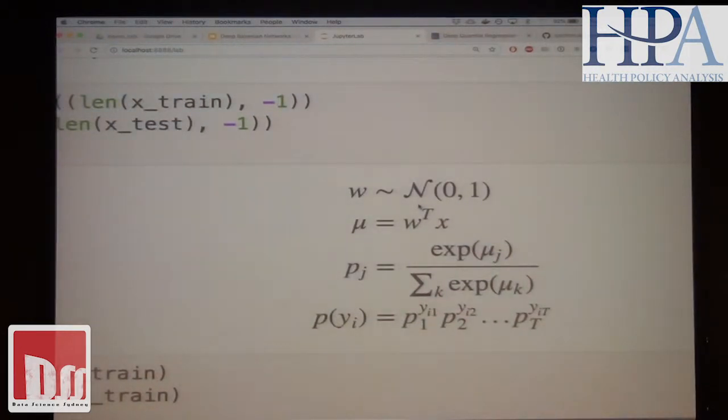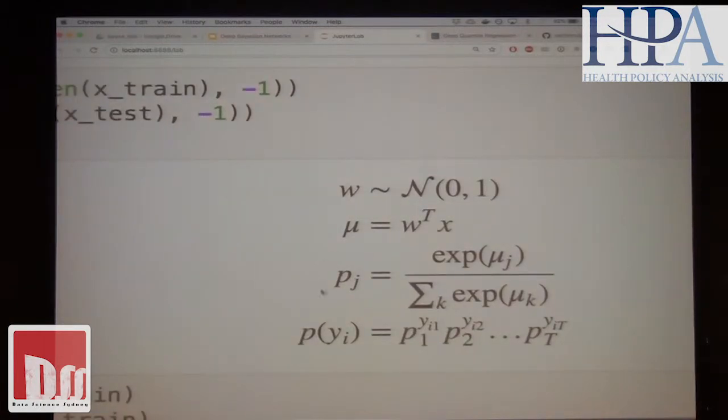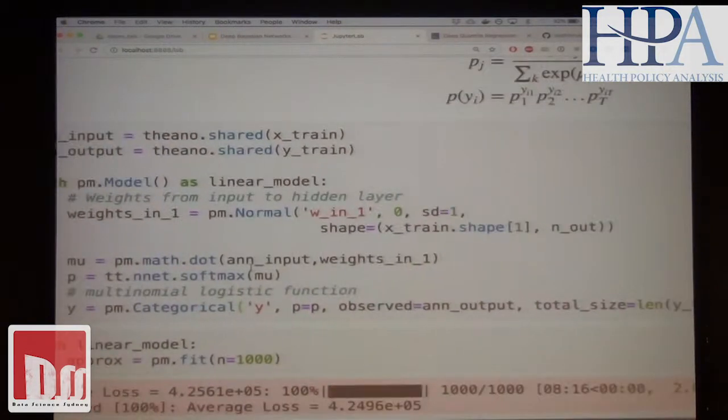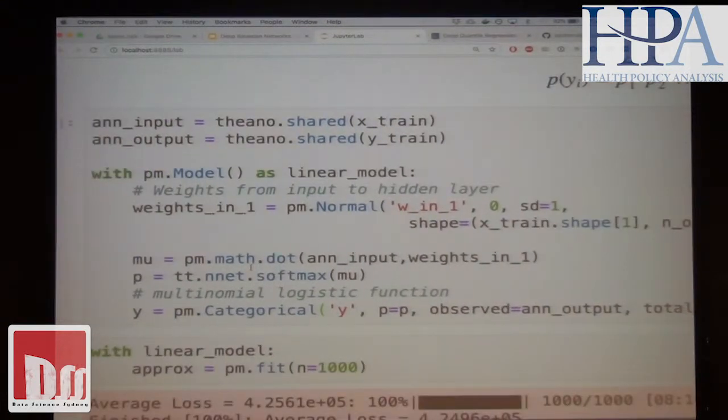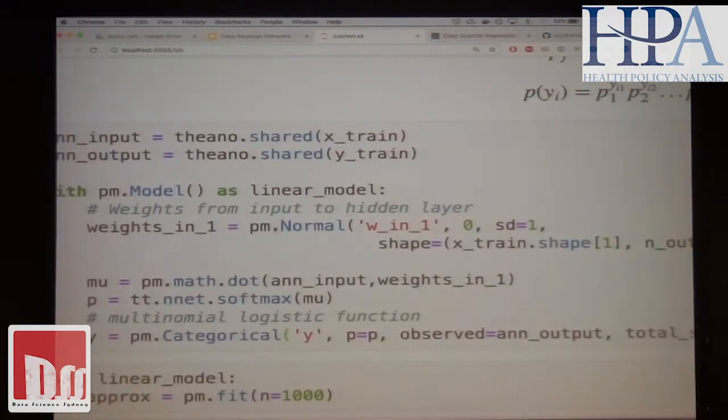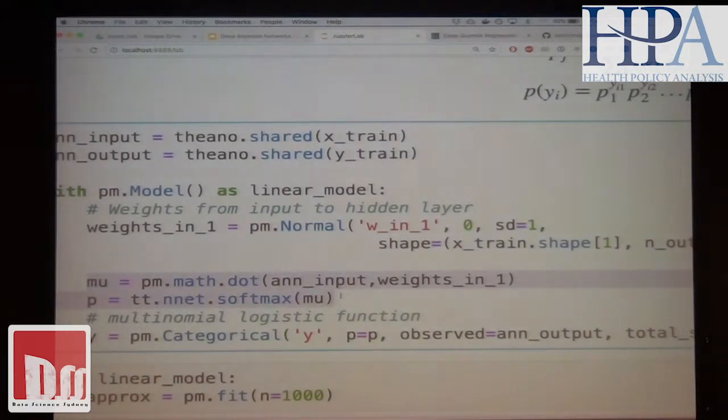Okay, so this is very much linear. The only difference to normal regression is that you get the probabilities out of each thing being a certain number. So how do I code this up in PyMC3? In this case the only thing that has a prior is the weights. Nothing else. The weights were the only thing that I had a distribution over. So I have pm.Normal, a normal distribution, and the rest is just what you would do with deep learning or normal linear regression.